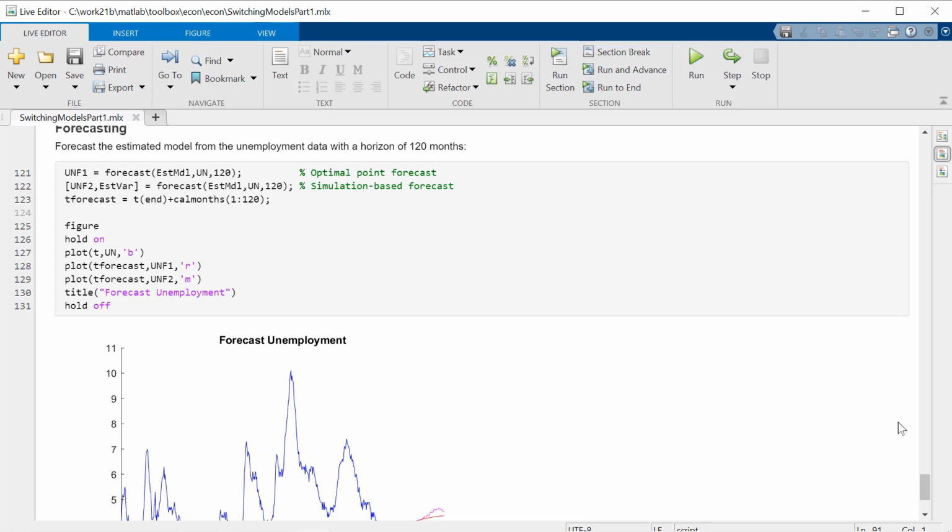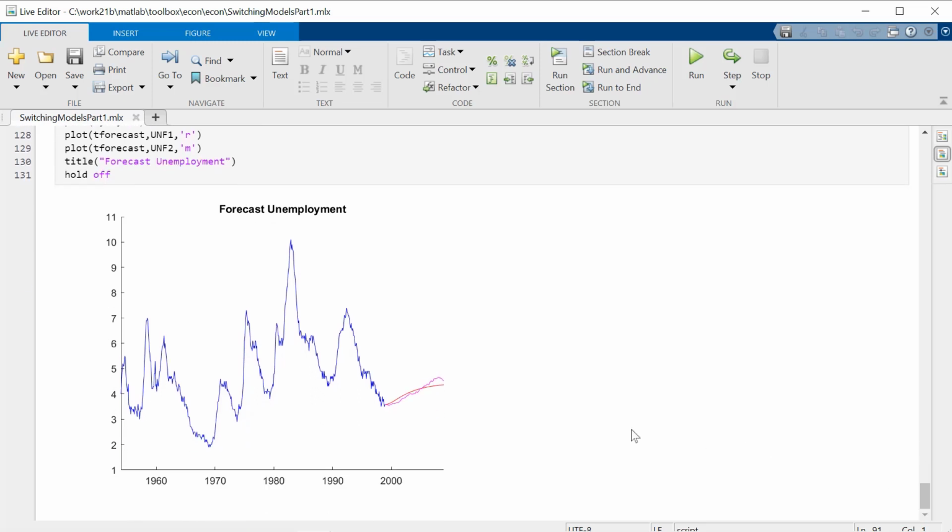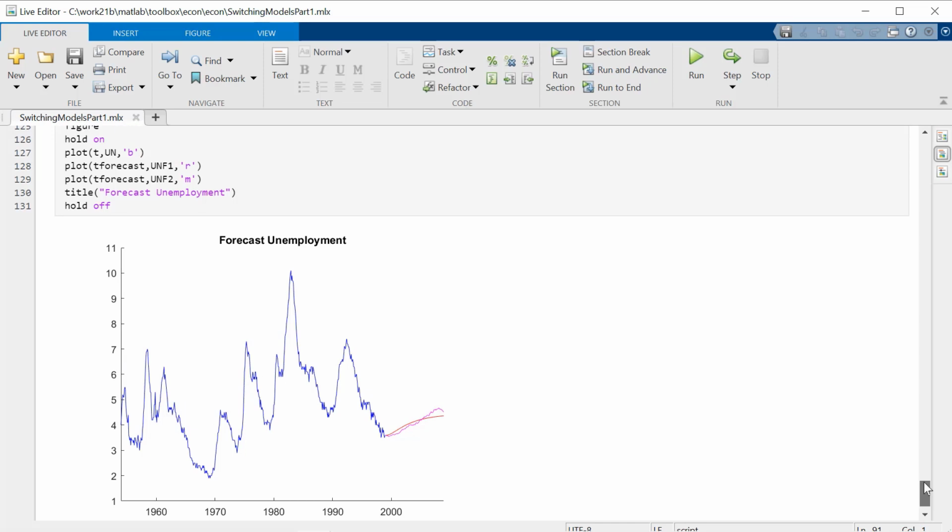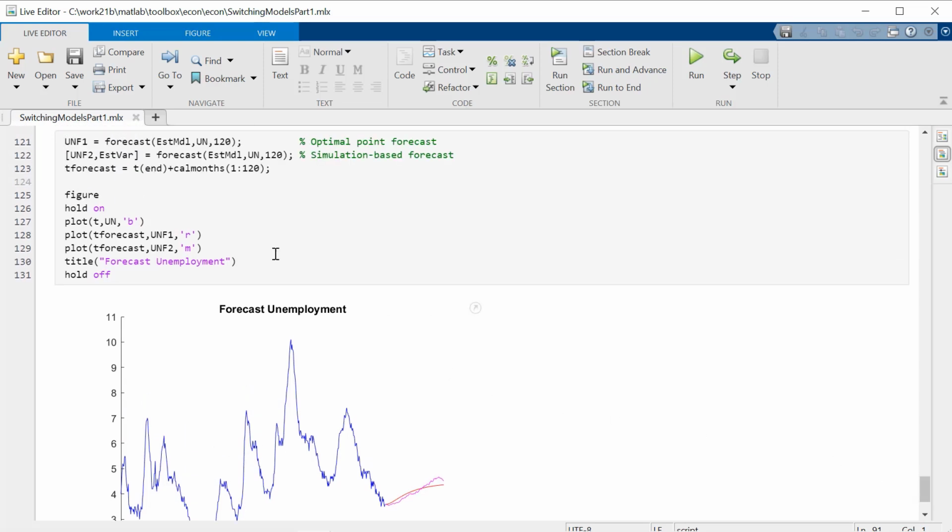And we see plotted here, in red is the minimum mean squared error forecast going ahead, in this case 120 steps or 10 years, and the magenta here is the average of the default number of simulations in the simulation forecast. I think 100 different simulations are averaged here to create that. If you want to create something other than a point forecast, like an interval forecast, you would use the estimated variance here. That's output from the simulation forecast. I'll show you how to do that in the second part of this series.